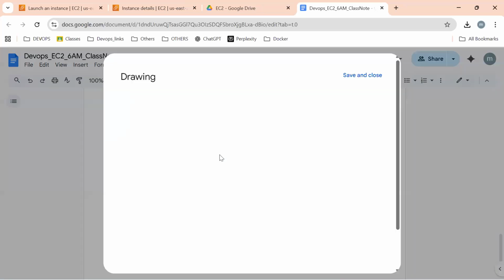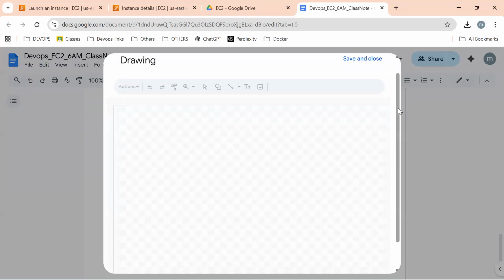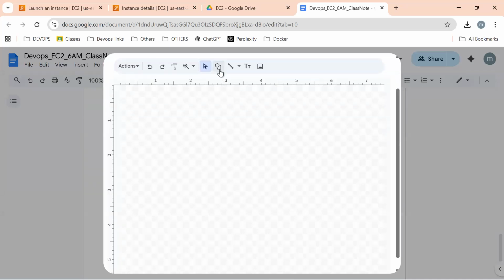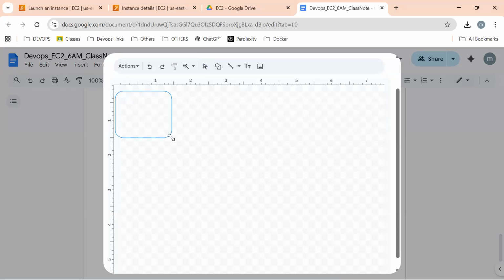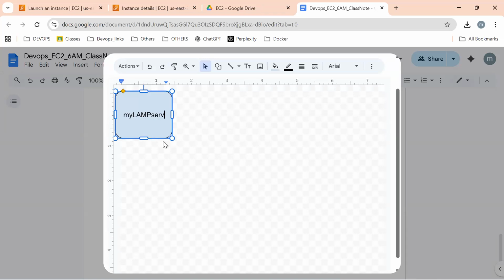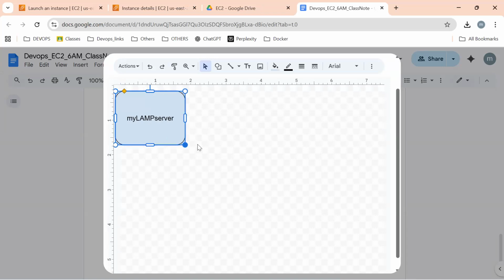Assume this is one of the important servers. Assume it like that, to understand. So this is exactly my LAMP server.